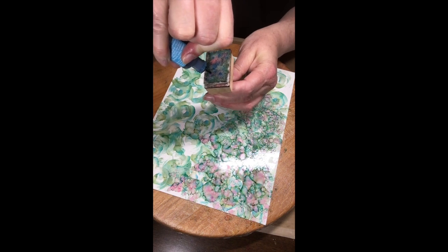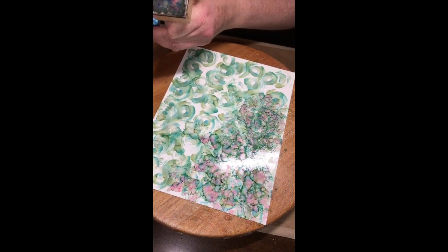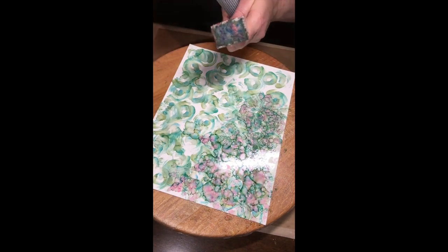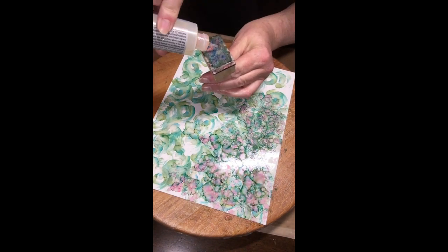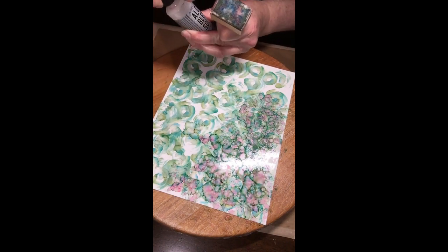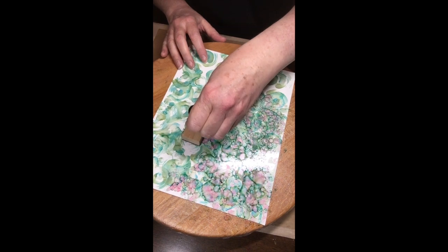and I decide to go to town with the aquamarine because I quite like that color, and it's been lost a little bit in that first swirly part because it blended with the mushroom and made more of a green color. So I want the aquamarine to kind of stand out, and what I'm going to do is